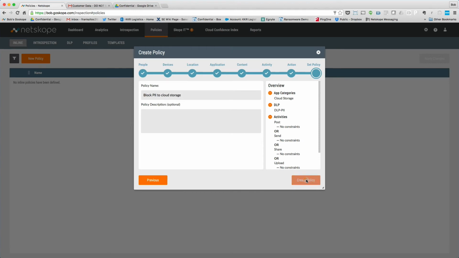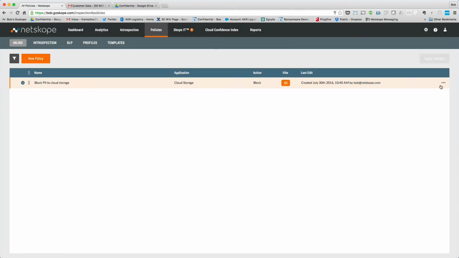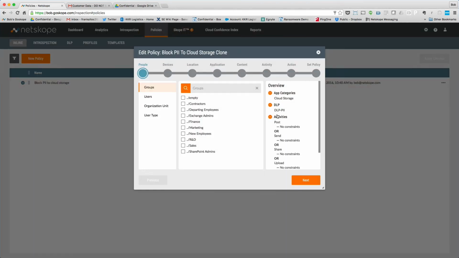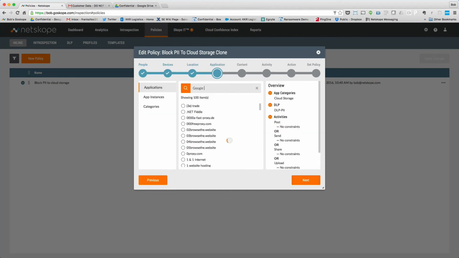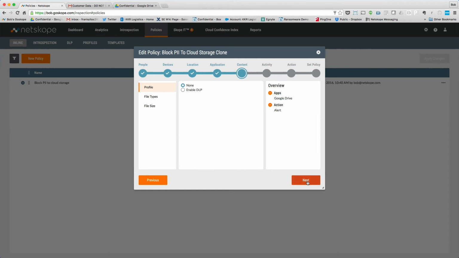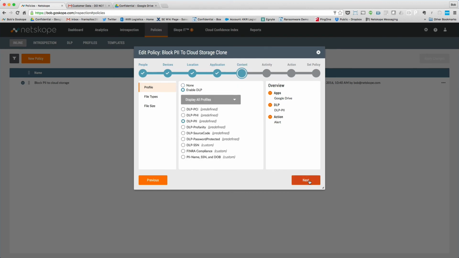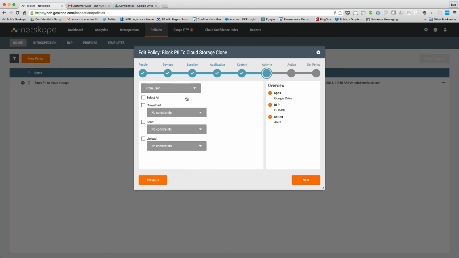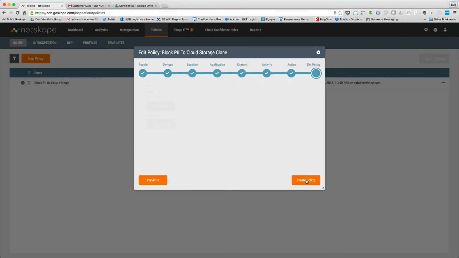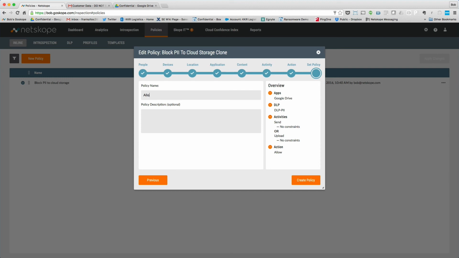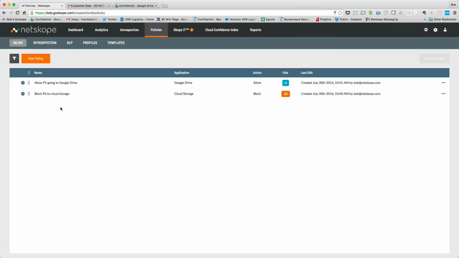Now that we have this policy in place, we want to create one more policy to allow Google Drive since we blocked everything with the first policy. Let's clone the existing policy and change this one from category level to Google Drive. And for the action, we will choose allow instead of block. Now that this is in place, all PII data going to cloud storage apps other than Google Drive will be